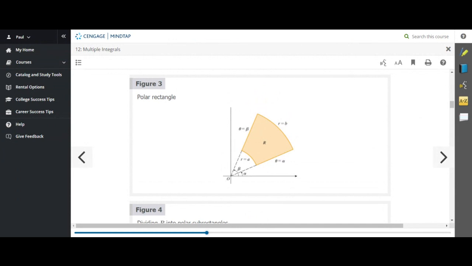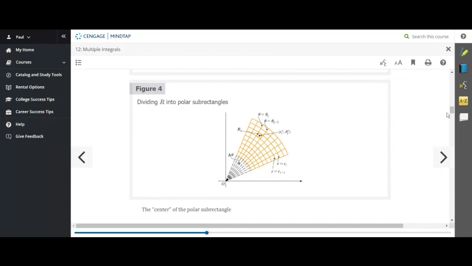So if we could, for instance, take a region R and break it up into a bunch of polar rectangles, well, what we need is an expression for the dA in the double integral. Let me clarify this. Like in a double integral,